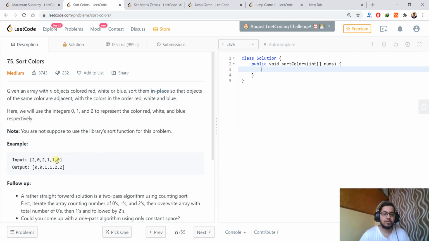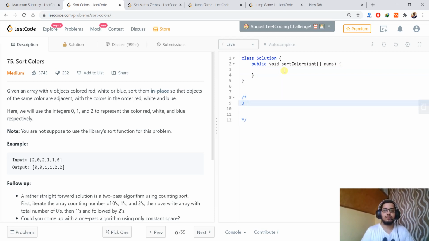So if we try to sort this in linear time, what we can do is try to count the number of 0, 1 and 2. Suppose that we have 3 zeros, 4 ones, and 1 two.